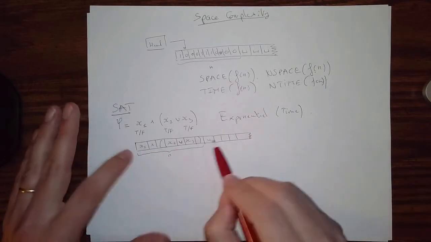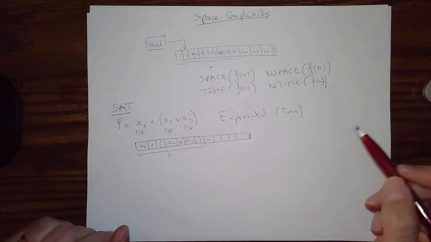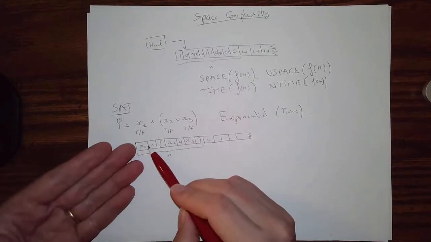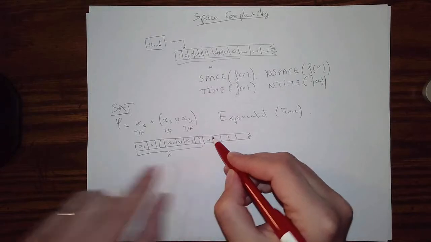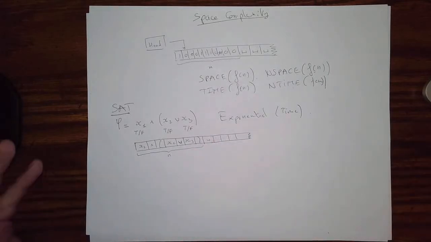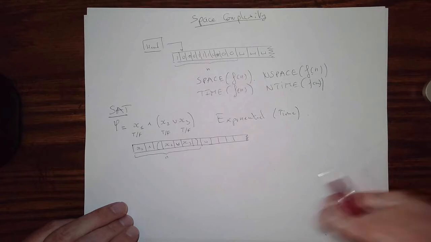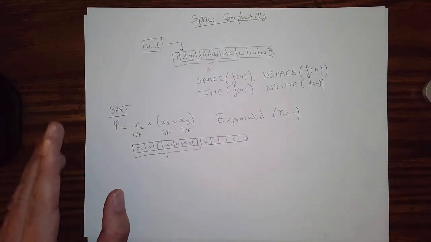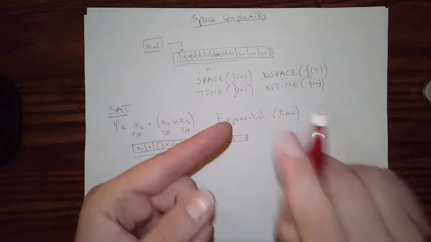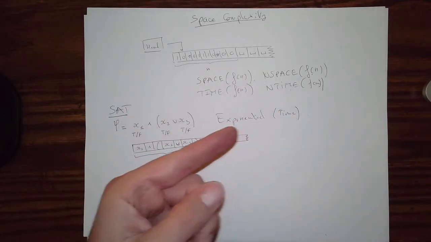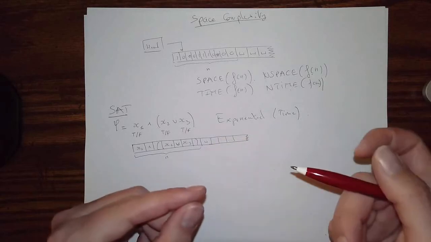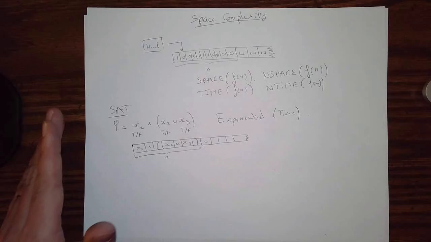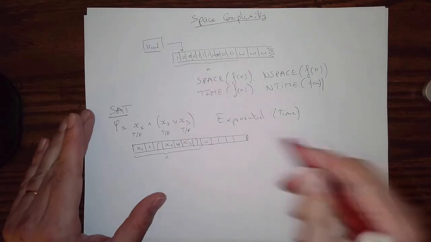So you give a value to each of these variables. You're not going to write over x1 because you need to keep x1 here, but you can write on the blank here. So say that you're going to start very methodically by assigning the value true to everything. And then you're going to change one true into false, and then another true into false, and another one, and then you're going to start over, until you have exhausted all 8 possibilities. That's going to be your exponential